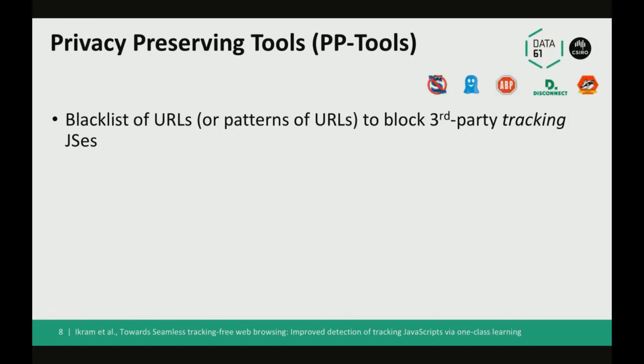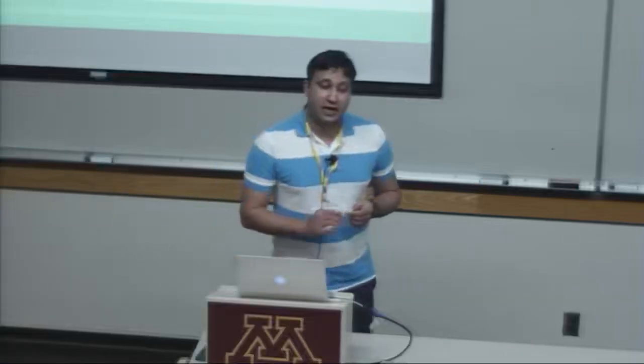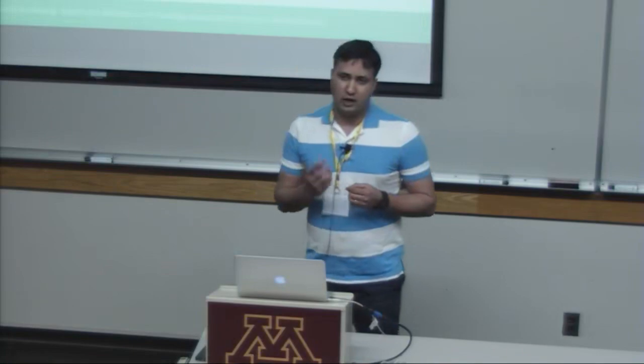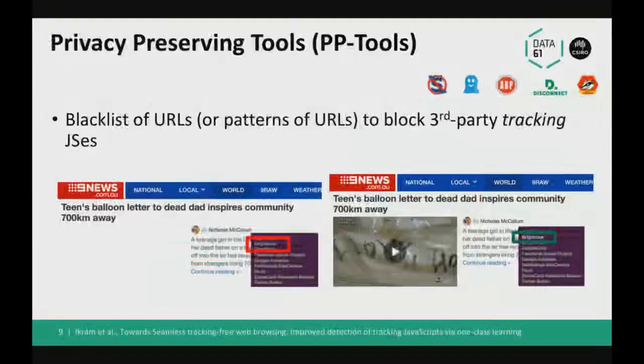These privacy preserving tools very often use a blacklist of URLs or patterns of URLs. But not all JavaScripts that belong to a URL or domain are used for tracking. Some JavaScript could be used for very essential functionality of a website. In this case, we can see on the left-hand side that when bright curve is blocked by one of the privacy preserving tools, it removes certain essential content from the web, and when it is allowed, the video starts working. It means that the essential component that belongs to that website starts working. So it means that